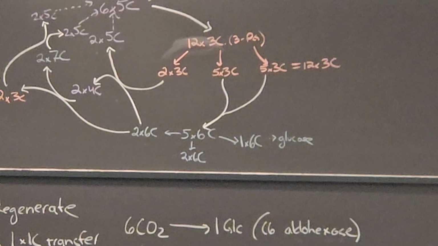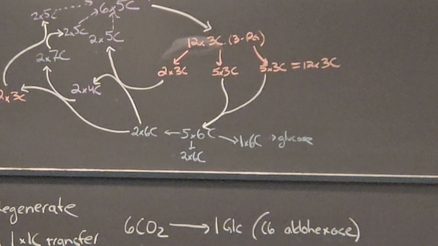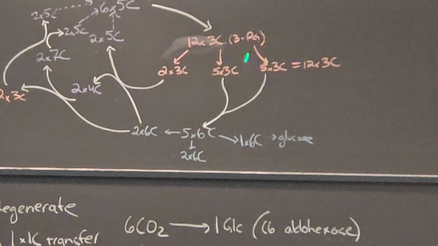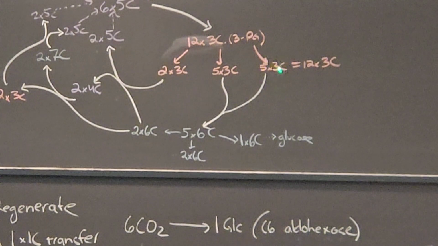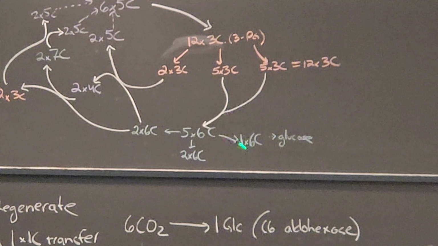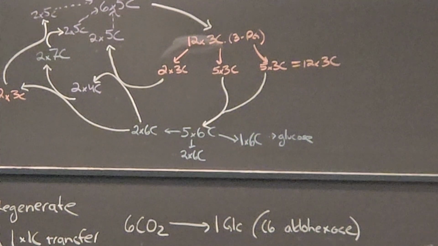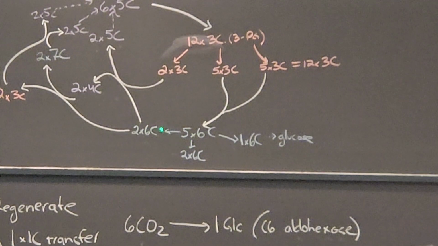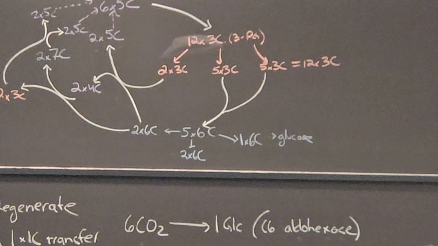These 12 3-carbon units actually have slightly different fates in the Calvin cycle. And this is where it gets a little bit scribbly and squiggly and complicated, okay? So the first thing that happens is that 10 of these, okay, 5 by 5, get combined together, again, to form 5 6-carbon units, all right? Now you can take one of those out as glucose, which is great. That's actually the point of the Calvin cycle, which leaves us with 4 6-carbon units, which are split themselves,